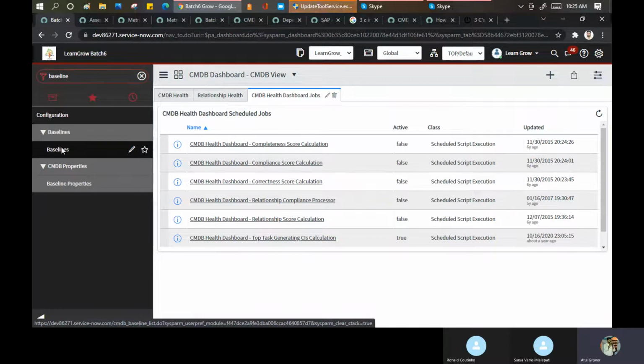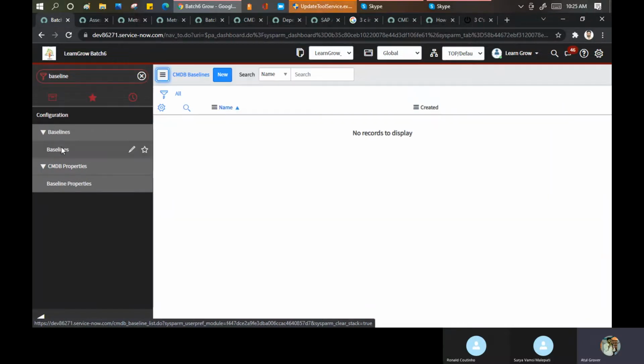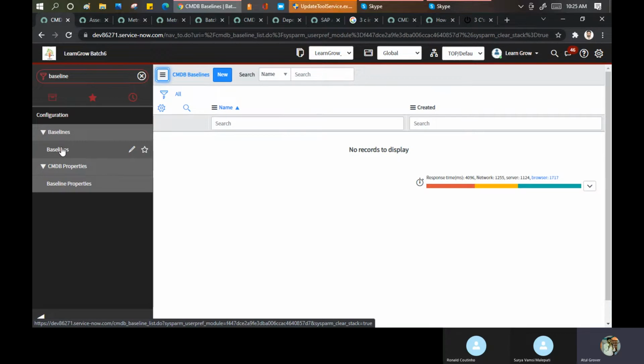So what baseline basically means here is that when we start building our ServiceNow instance or the CMDB instance, we have a baseline. And after 6 months or 1 year, I want to reconcile how many new CIs have been added, how many CIs have been deleted or updated, and what relationships have been built. So I need a baseline here. I take the previous baseline and the latest baseline and compare them to see what changes have been done. Generally it is not used that much in our practical work, but we should know what we mean by the baseline here.